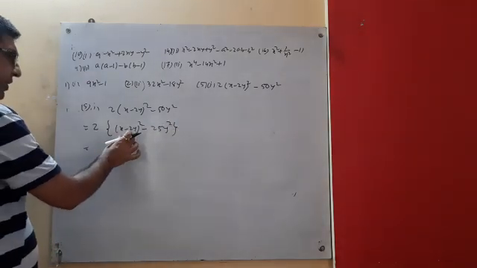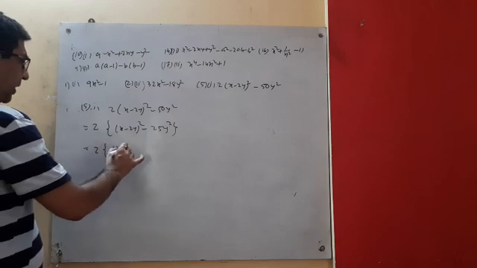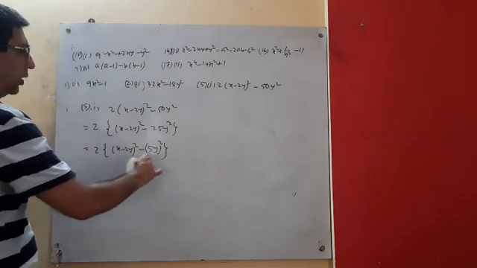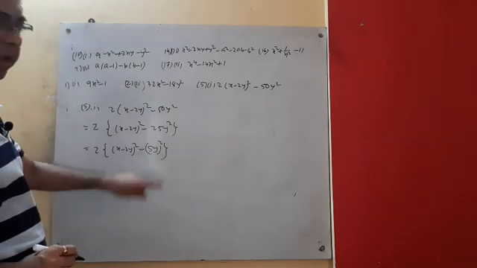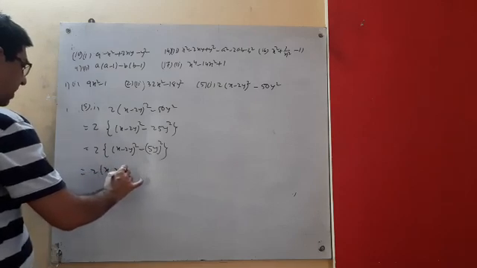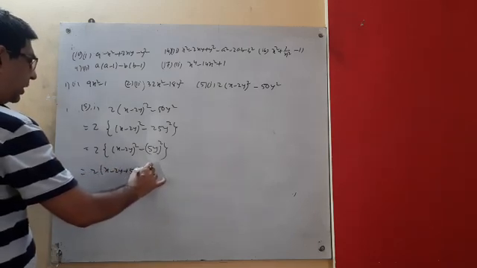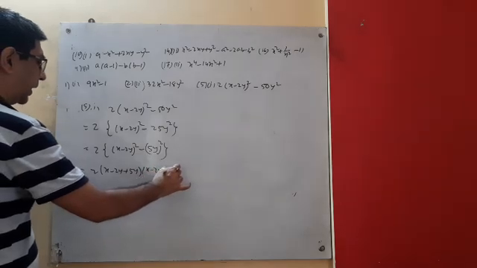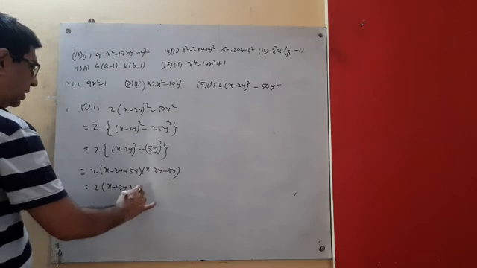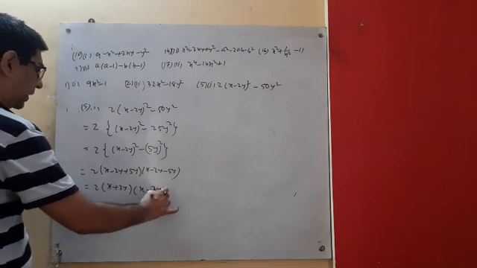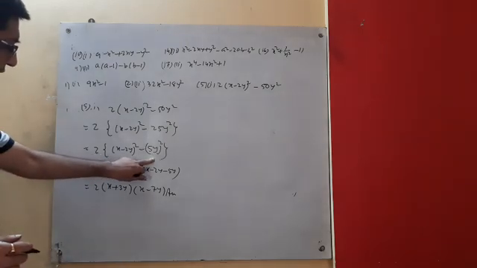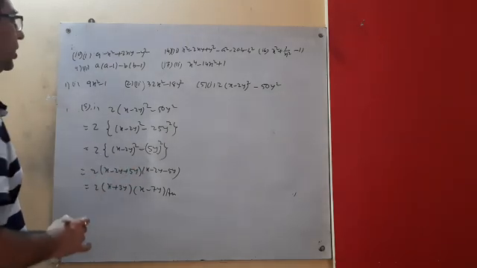So this is in the square form, x minus 2y whole square, but this can be written as 5y whole square. 25y square means 5y whole square. So this is the a square minus b square form. So a plus b into a minus b. That means 2 into x plus 3y, this is x minus 7y, right? A square minus b square form, a plus b into a minus b.